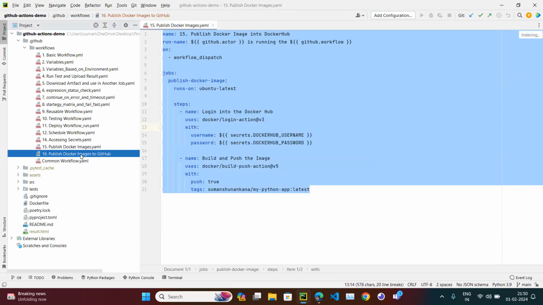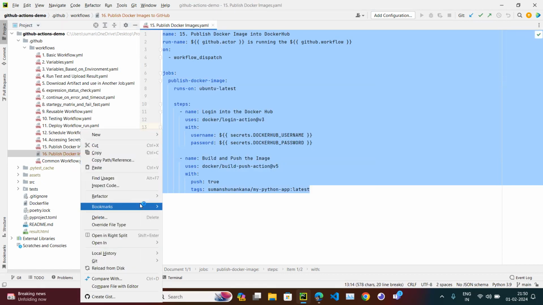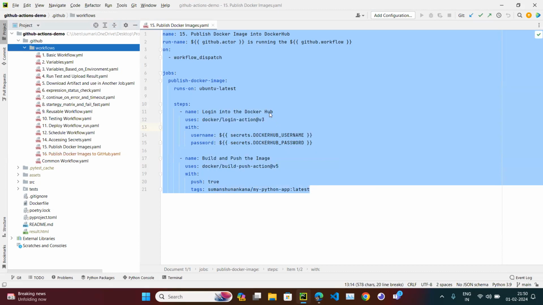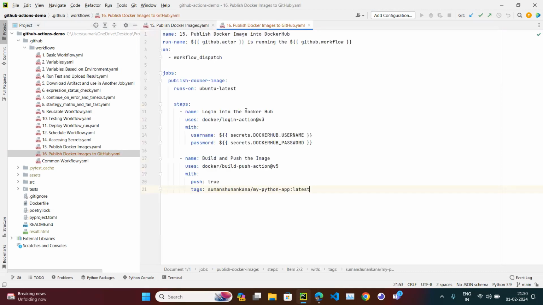Okay, let me rename it to YAML, and let me copy paste it. So just give it some name: publish Docker image to